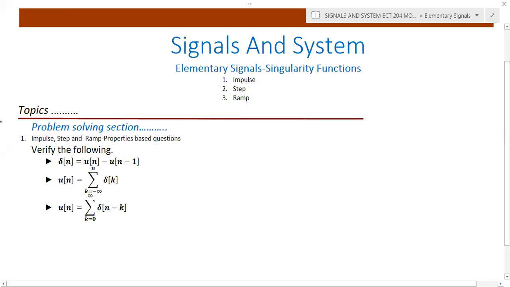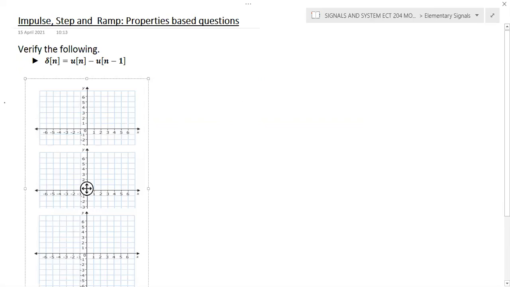In this lecture, we will discuss some questions related to the basic signal symbol, steps, and ramp. And we will verify 2-3 cases. First problem, here we need to verify the relationship del of n is equal to u of n minus u